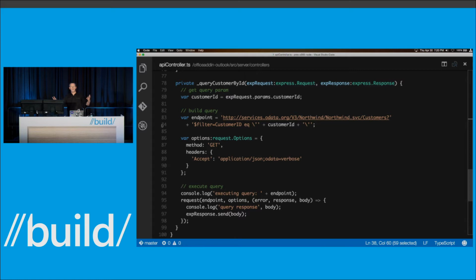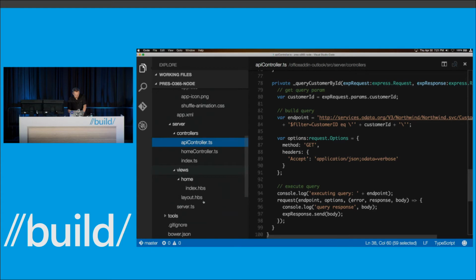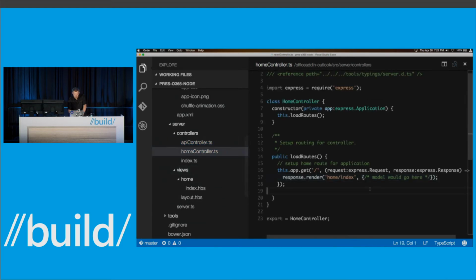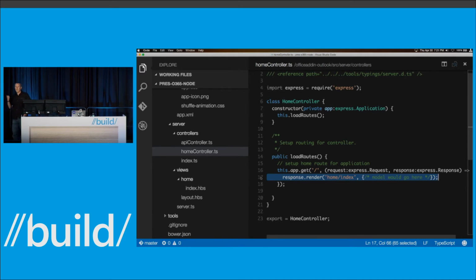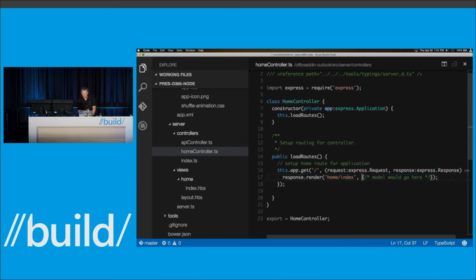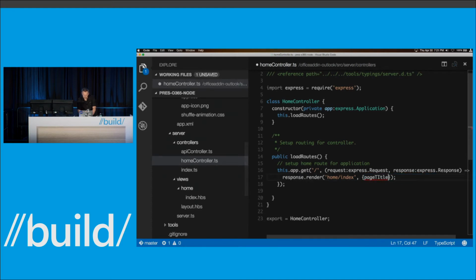You got an endpoint, you've basically now seen everything that you need to be able to do. You know how to render a view, you know how to do a little bit of logic. If I come over here to my home controller, right here, when I rendered out the home view, see where that comment is, where it says a model will go here? If I pass back some object on this, I could have said something along the lines of, like page title